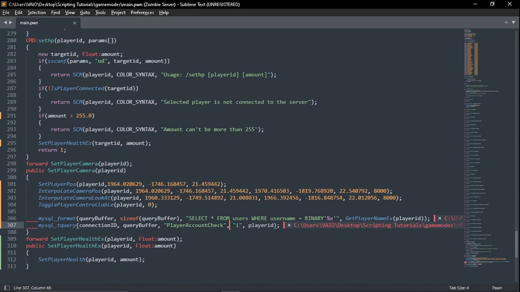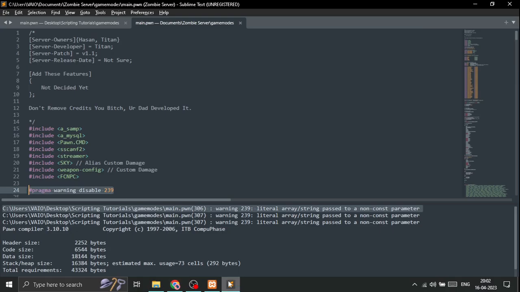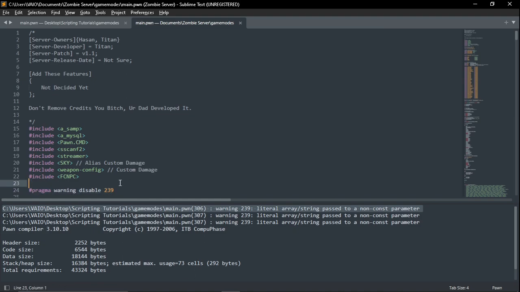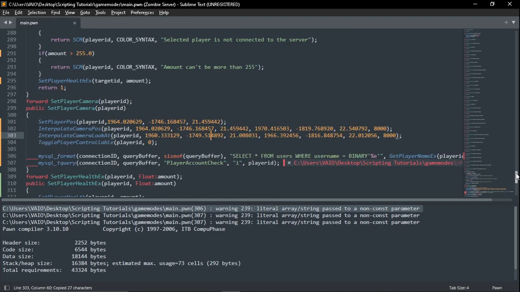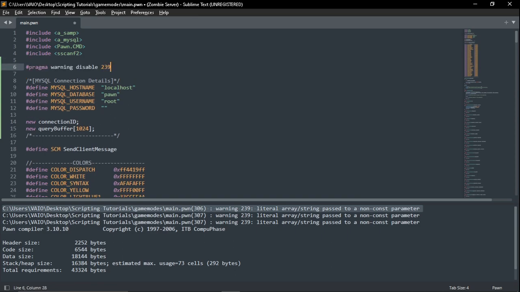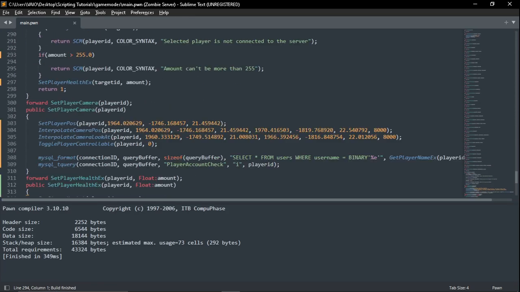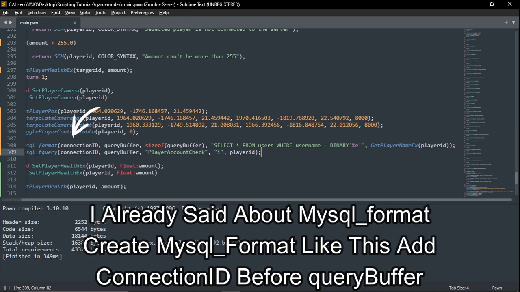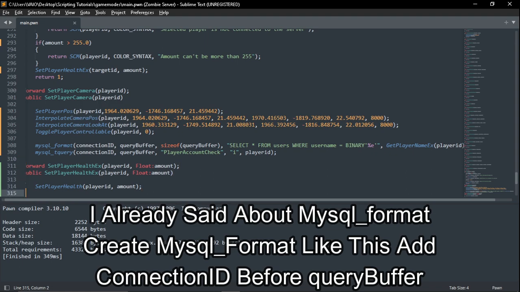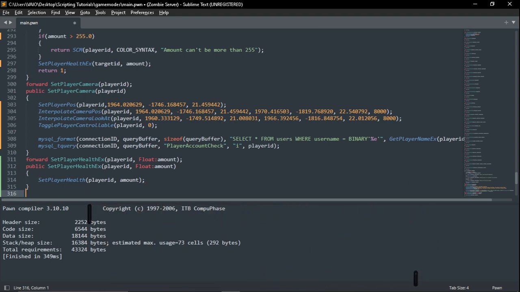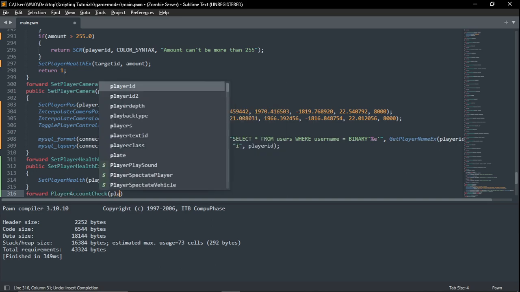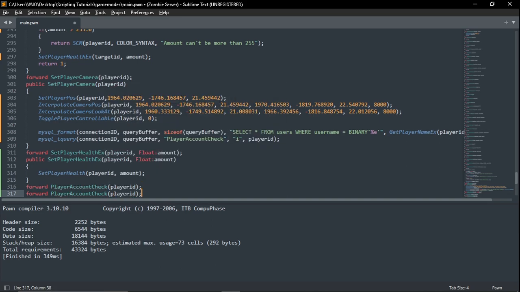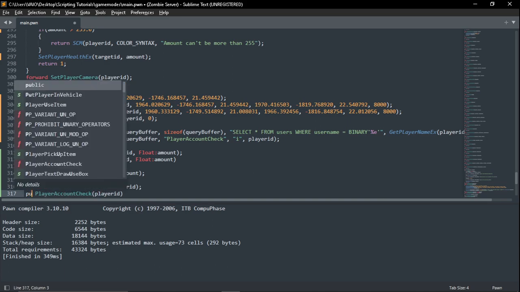Why the heck is it not working right now? I don't know how to fix it. So you could add this in your game mode to fix the warning easily. Now everything is fine. Now I don't know what the error is, but I'll tell it later. And now let's make a PlayerAccountCheck function. Then forward PlayerAccountCheck, PlayerAccountCheck, player ID, public,